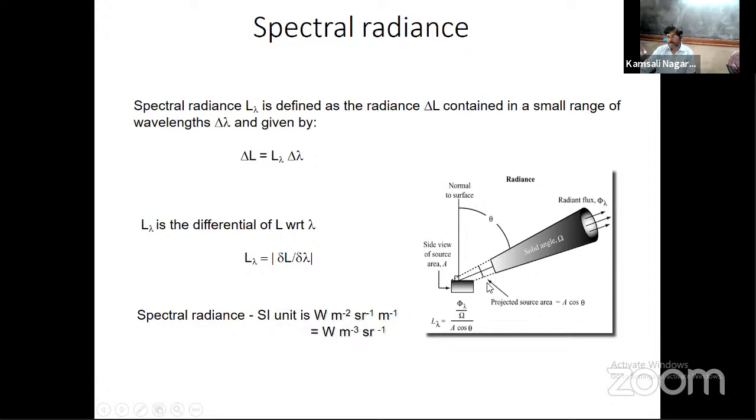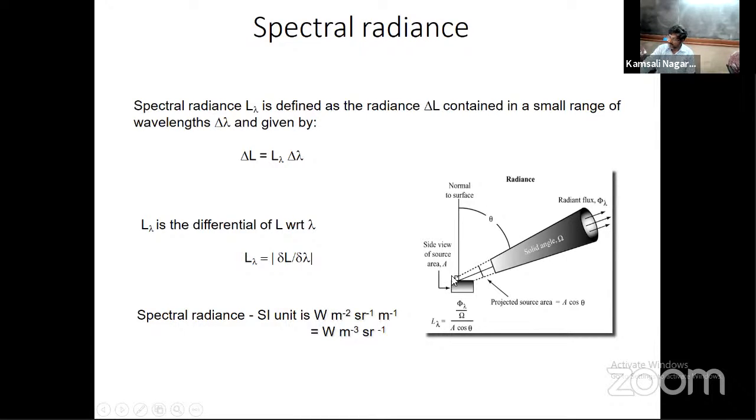Why a small portion? Because you can integrate it. That is the main purpose: analyze for the small solid angle, then integrate for the entire body. You will get how much the emissivity will be there with that irradiance actually. Spectral radiance, particularly in SI units, they will call as watt per meter square per steradian. Steradian is the solid angle subtended through an omega where the radiated flux which is emitted out should be measured. This solid angle